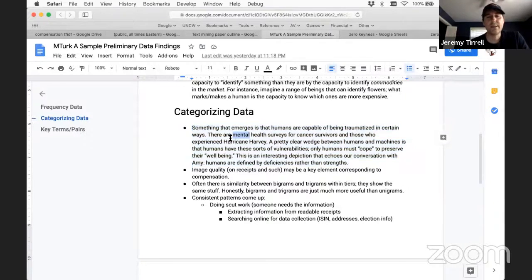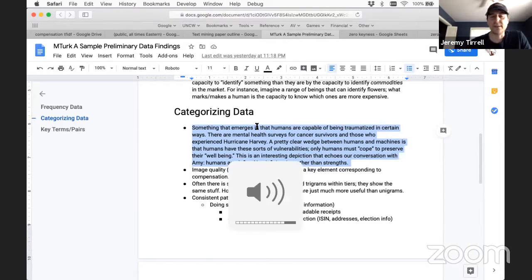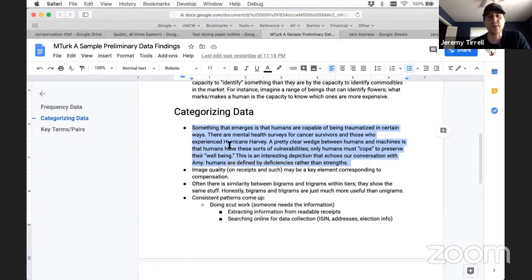So one thing is the sort of frequent appearance of mental health related topics. It is there in the data based on our methods. So that's something: humans, and this is potentially a differentiating point, experience particular types of trauma. And this manifested in a lot of ways. One of the common ones is Hurricane Harvey,